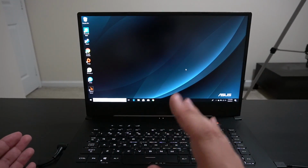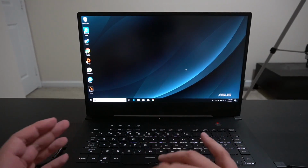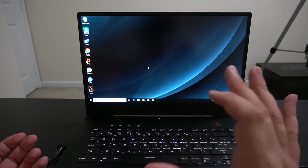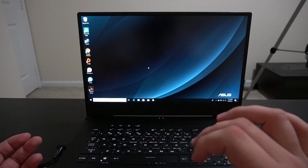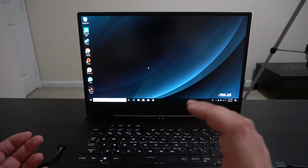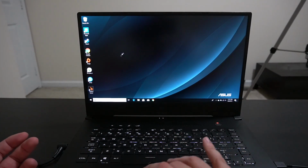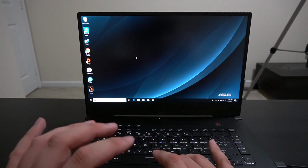Listen, I've read your guys' comments. I understand you guys want more of this. I want to bring you guys more of this. I have obligations. I'm trying to work around those obligations. I haven't even had a lot of time to play with this bad boy. So what I'm going to do here today is try to run you guys a couple quick benchmarks on this